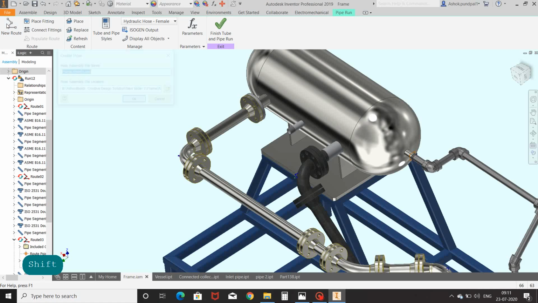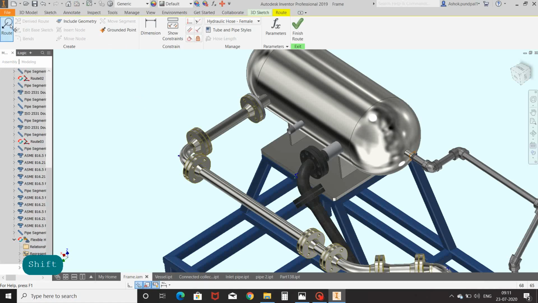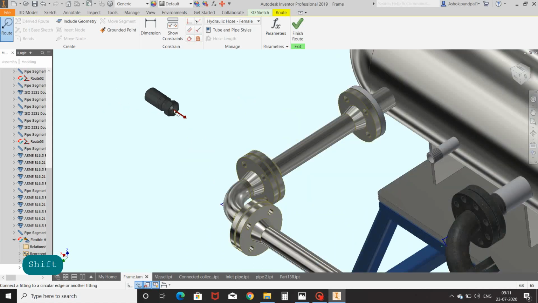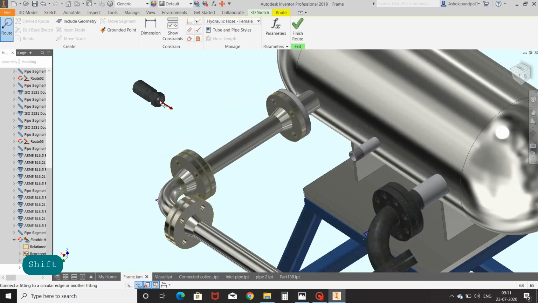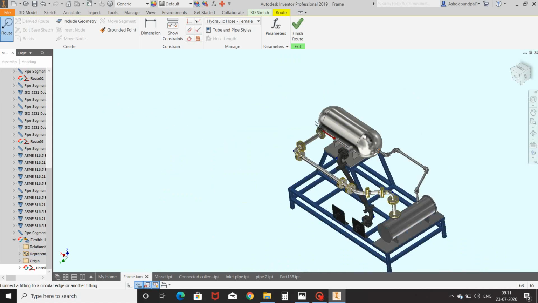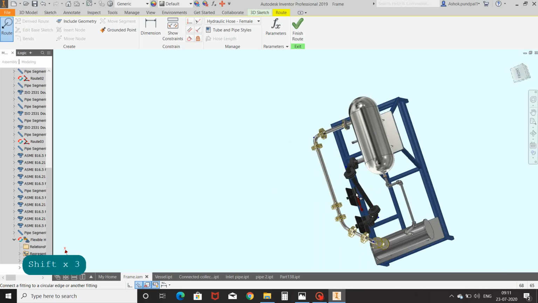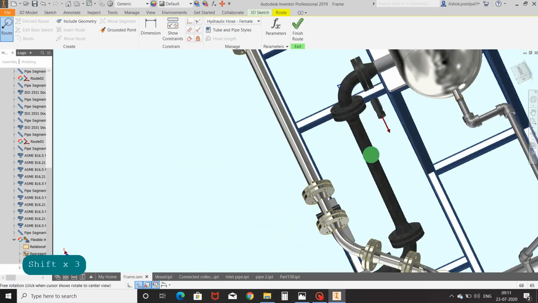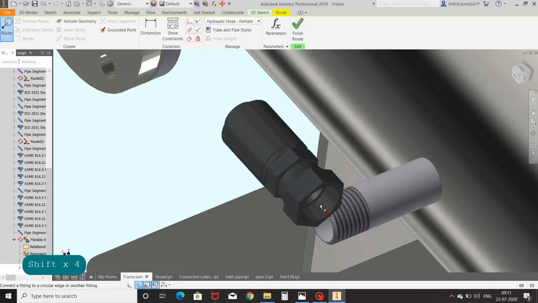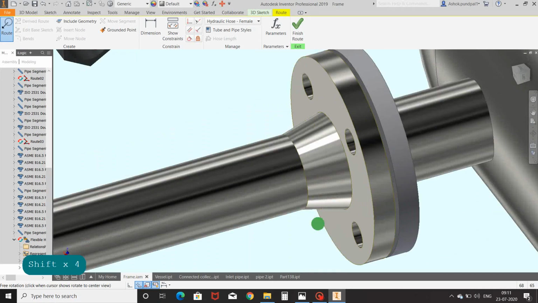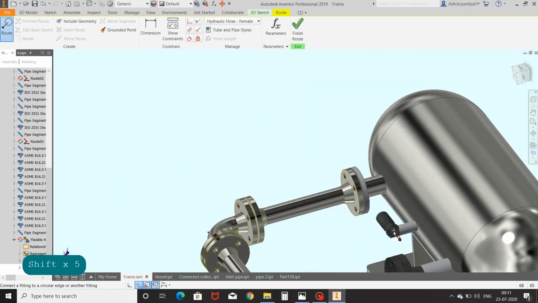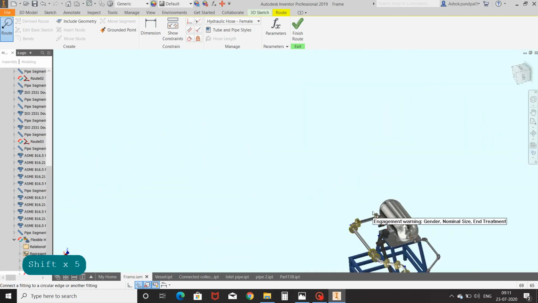Select new route. OK. Select route. Select start and end point. Fix these hose end connections to the start and end point of the route.